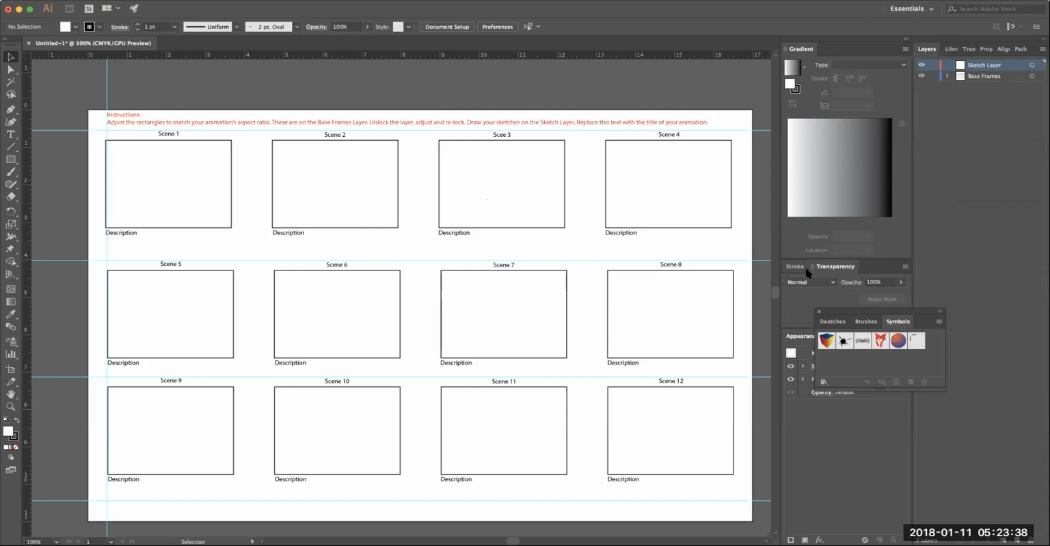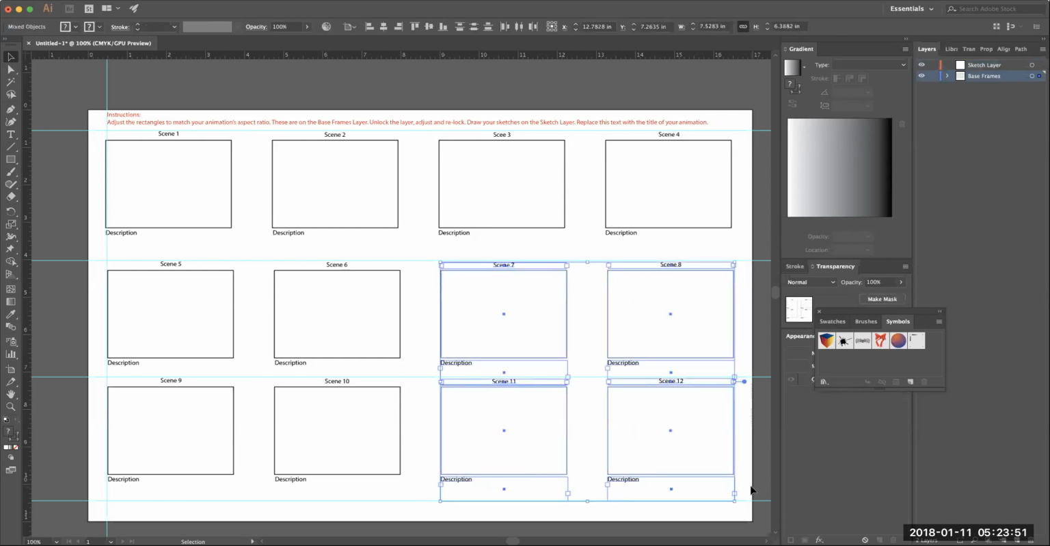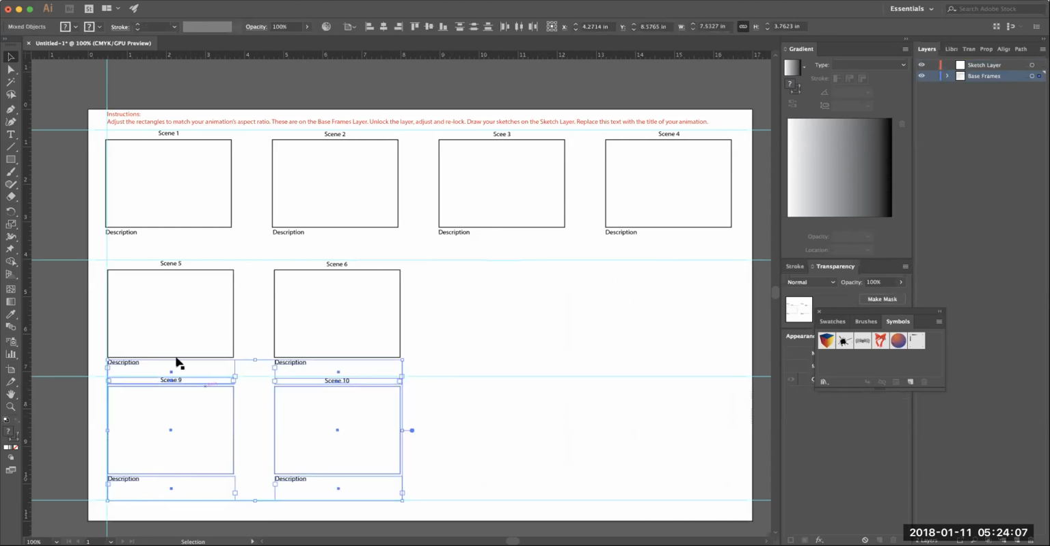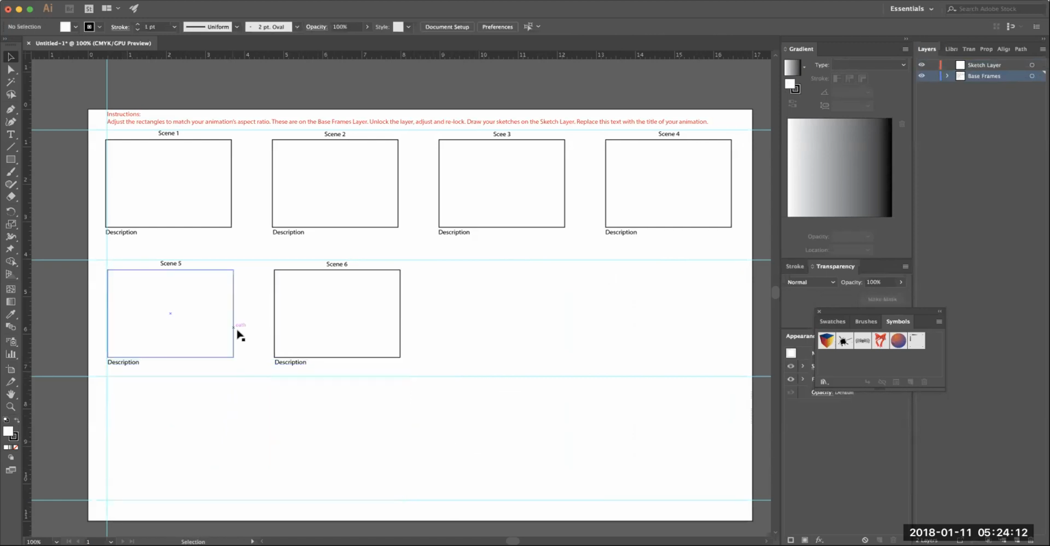unlock my base frame layer there. And I'm simply going to use my black arrow. I'm going to select, draw a box across those and let it select them. And hit my delete key. Then I'm going to delete these two down here because I only need 6. Oops, a little too high there. I only need 6. It's going to delete them. I'm going to have to hold my shift key down and click on the description. There we go. And then I'm going to take these two